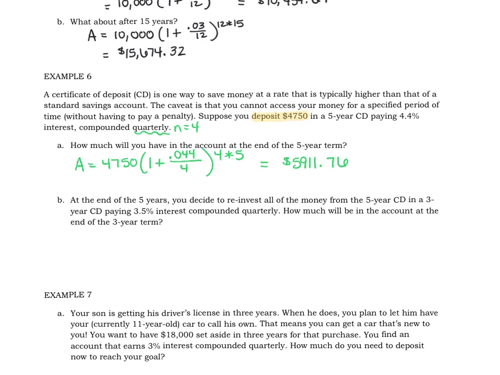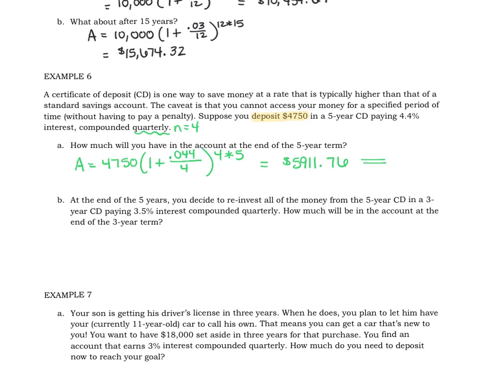$5,911.76. Now, at the end of the term for a CD, you have a choice. You can either withdraw the money, or you can go ahead and put it into another CD of your choosing, or the bank will just put it into a CD, and they put it into a CD earning the lowest amount of interest possible. So let's say at the end of 5 years, you decide you're going to take that